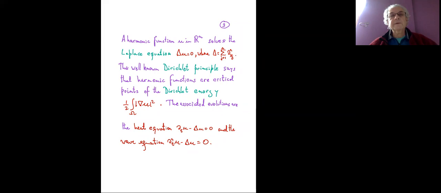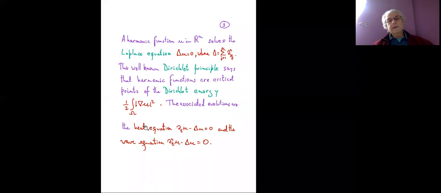the pure second partials. The well-known Dirichlet principle says that harmonic functions are critical points of the Dirichlet integral, which is the integral of 1/2 |grad u|^2. The associated evolutions to this equation are the parabolic one, the heat equation, that was studied extensively by Fourier, and the wave equation, the D'Alembert equation, d squared t u minus Laplacian u equal to